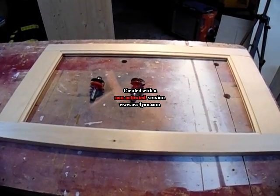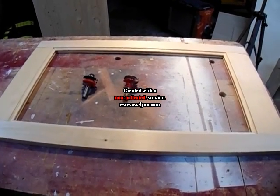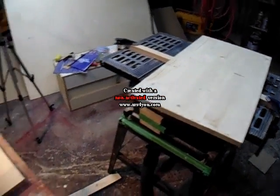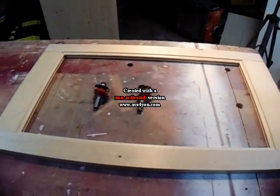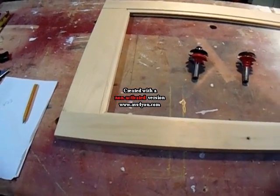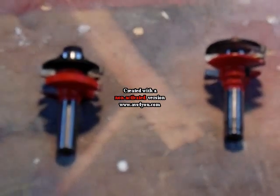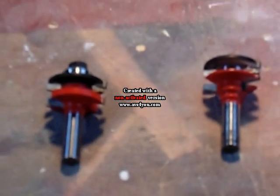So we're going to make a raised panel door using my cheap little table saw. I've already made the rails and stiles, cut them to length, assembled them using my Frood rail and stile kit,